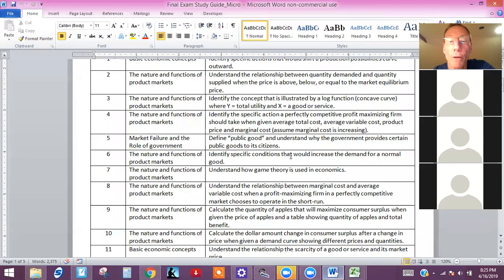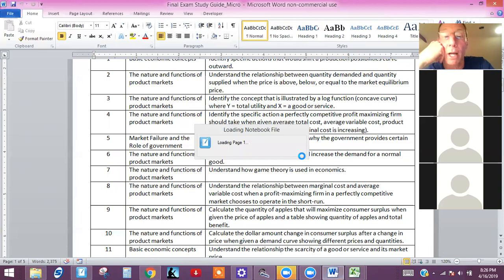And while that's opening, I'll go to the next one and say that was number 4, right? Okay, define public good and understand why the government provides certain public goods to its citizens. Okay, so a public good is simply a good that is what we call non-excludable and non-rivalrous, right? You guys read about that, and you should have watched a video about that as well,